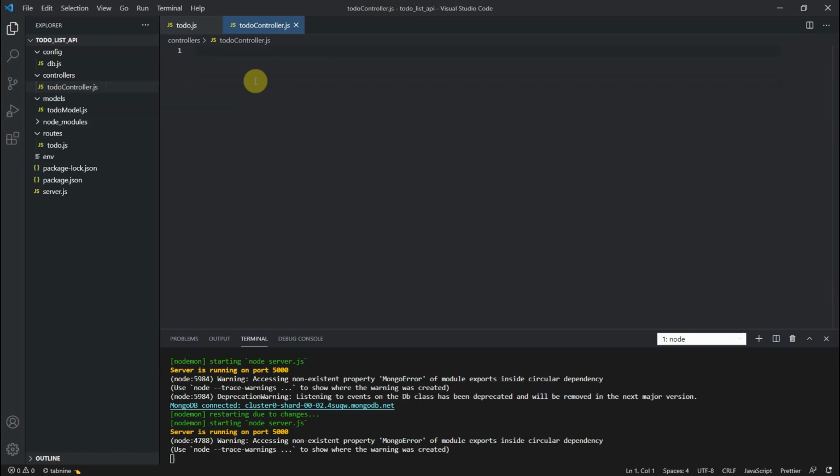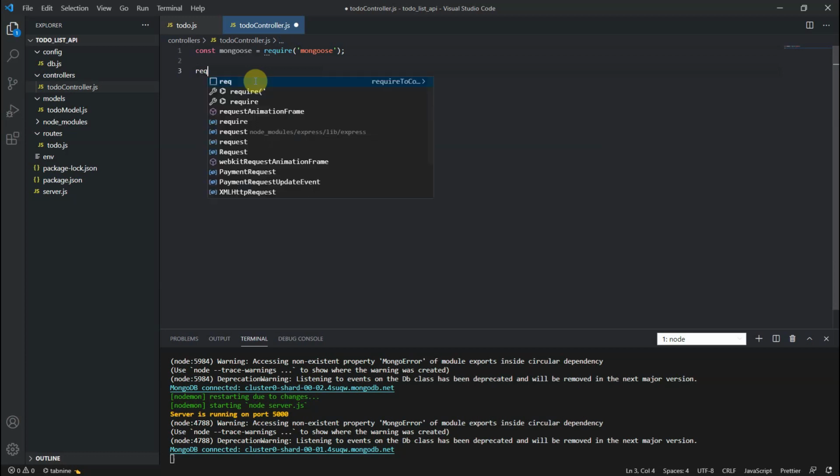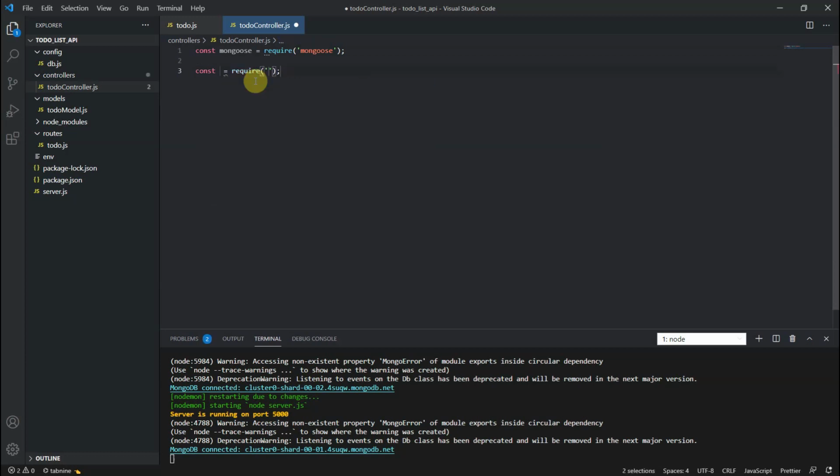In this todoController just require mongoose, because you need to deal with MongoDB. Then you need to bring that model also, like the todoModel.